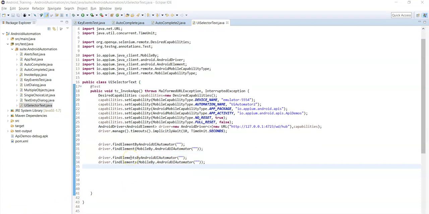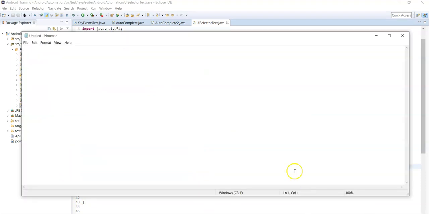In the UI selector class there are different methods using which you can identify an element with its text attribute value. Let's see them one by one first, and then we will go for an example. So let's open notepad. In the UI selector class there are different methods using which you can identify the locators.